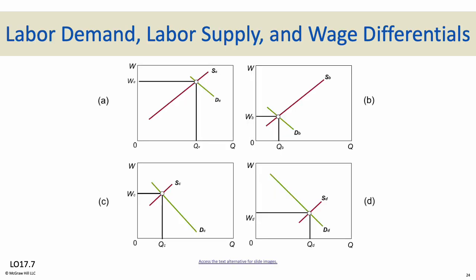So the wage differential between labor markets A and B above results solely from differences in labor demand. In labor markets C and D, differences in labor supply are the causes. So in labor markets C and D, we have the same demand but different supply. D has lower wages than C because there's a much greater supply. And in A and B, the wages are different. A has a much higher wage than B because the demand is much higher in A than B. So that's just differences. There is no one-size-fits-all labor market.